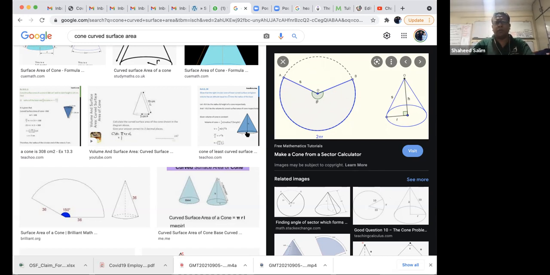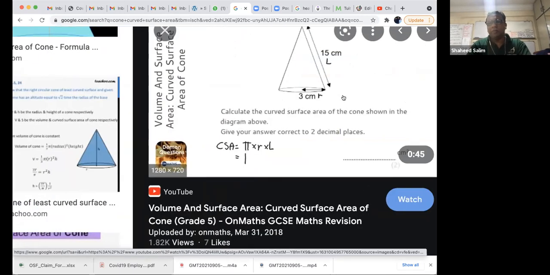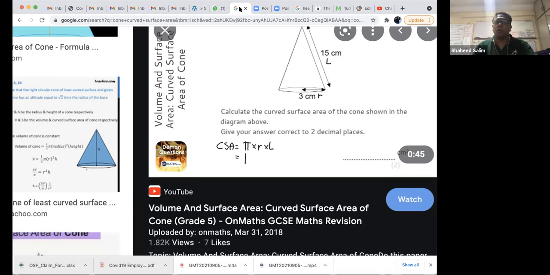So there's a formula here. So let us see what's the formula. This one now, hold on. They say curved surface area. That means the area, not the circle at the bottom, the curved one down here. Formula is pi times r. R is here. Times L. You get the curved surface area. Pi RL. You must memorize this one. Pi RL. The bottom one is pi r squared. Okay, pi r squared, you know. This one is pi RL. Okay, so now we go back now to